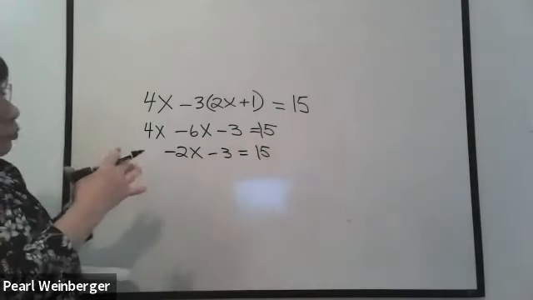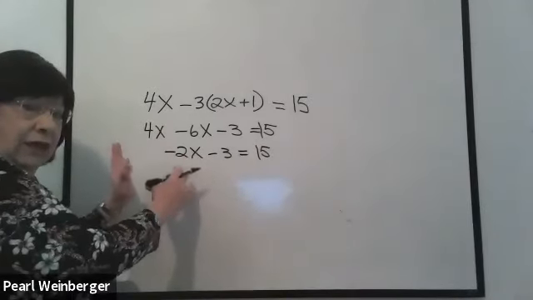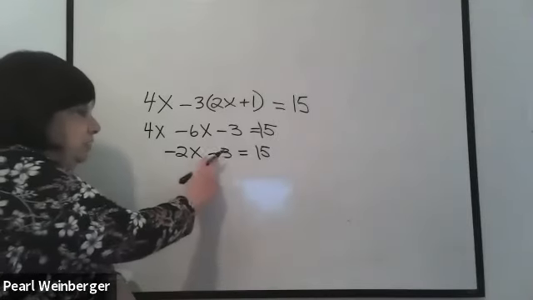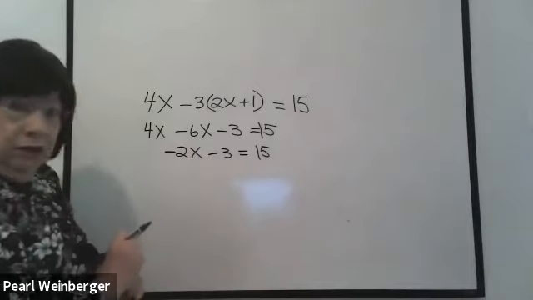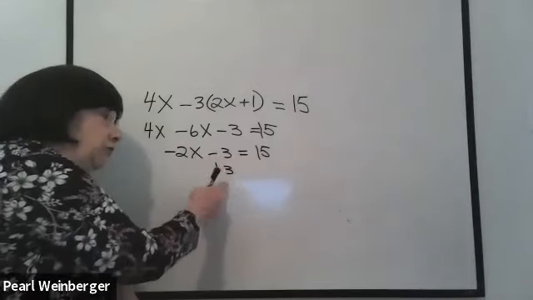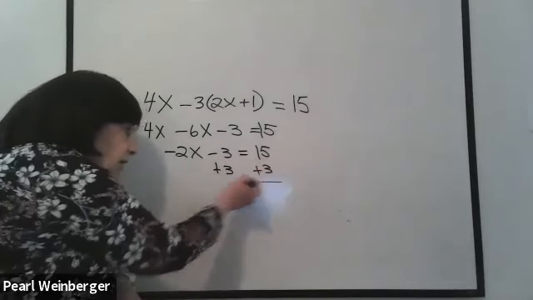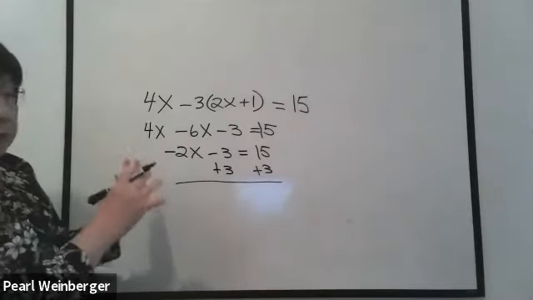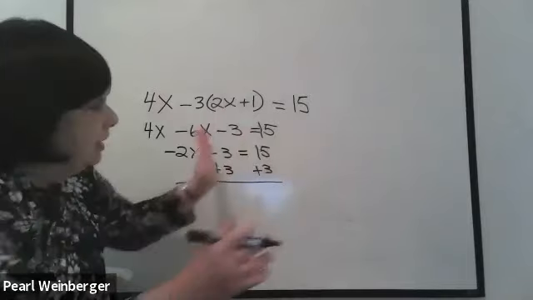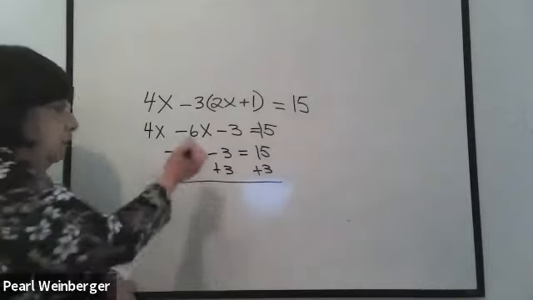And now we're at the point where we have all the x's actually happen to be on the left side. Let's get the numbers to the right side. So this -3 is what I want to get rid of. So I'm going to do +3. And of course, if I'm doing +3 to this side, I do +3 to the other side. Remember, when I'm adding something to one side, I have to add it to the other side. It has to be added to something on the other side of the equal sign.